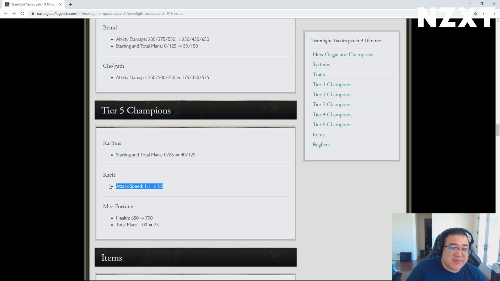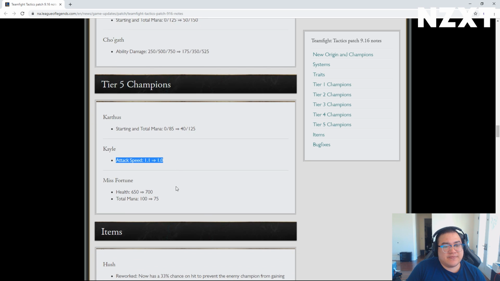Jesus. Kalista's attack speed got decreased. I don't necessarily know if this is necessary. She was the highest attack speed unit in the game. Now she shares it with Fiora as the highest attack speed units in the game. Okay. And MF